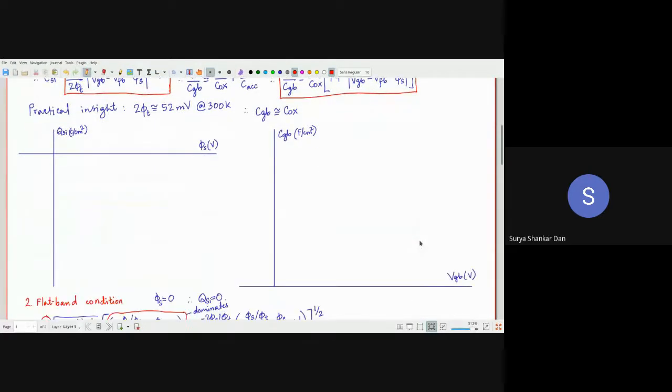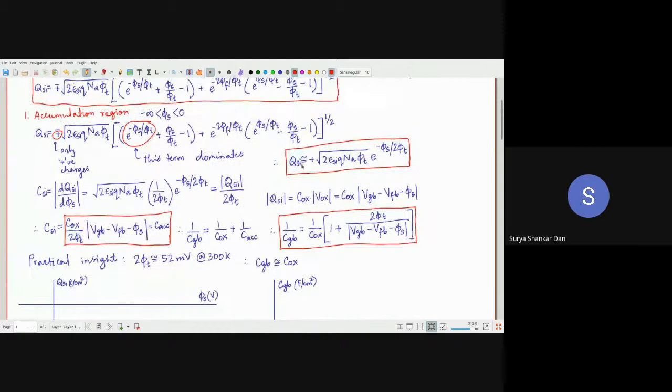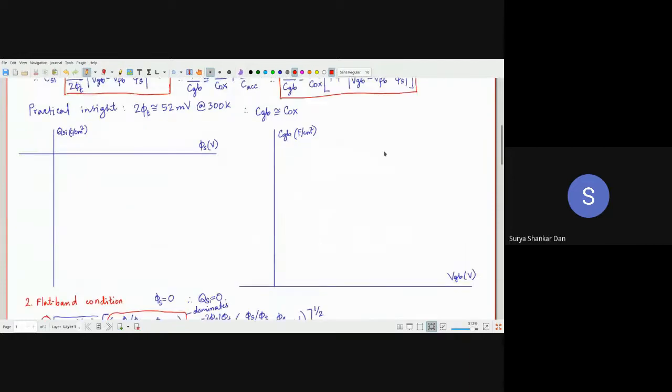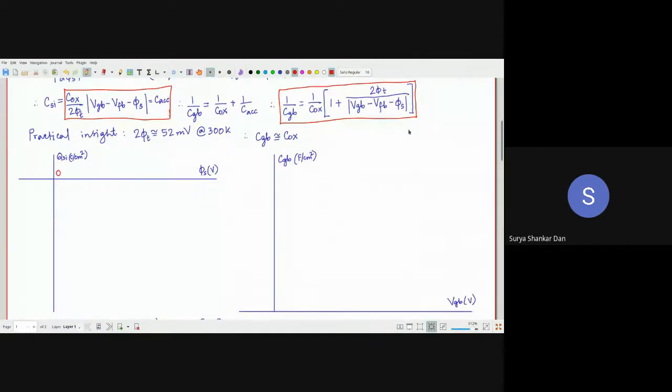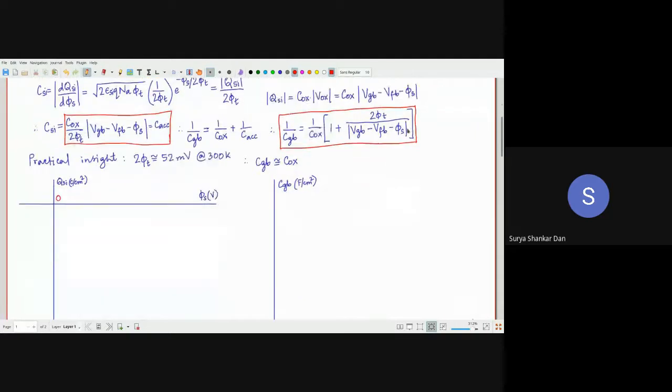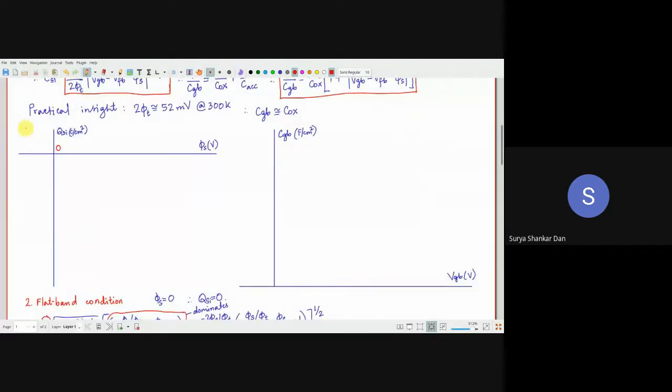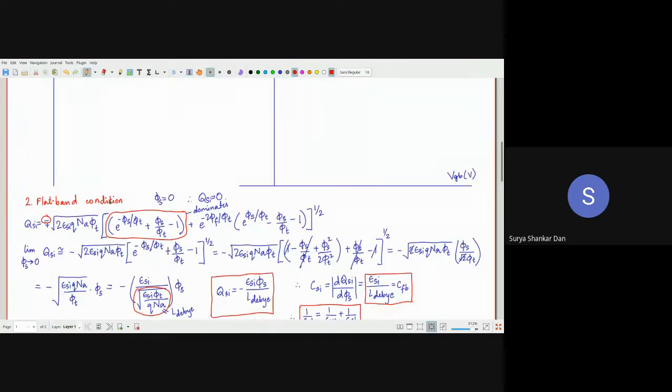Notice that when we are speaking about the charges, it is an exponential term. But remember, surface potential is negative. So if this is the surface potential here, this is your phi s equal to 0. All right. So if this is 0 here, then this is minus phi s by 2 phi t. I'm so sorry. Yeah. So it will essentially be somewhat like that, and it will come and meet over here. What is this condition when phi s equal to 0? That is a flat band condition, we know.